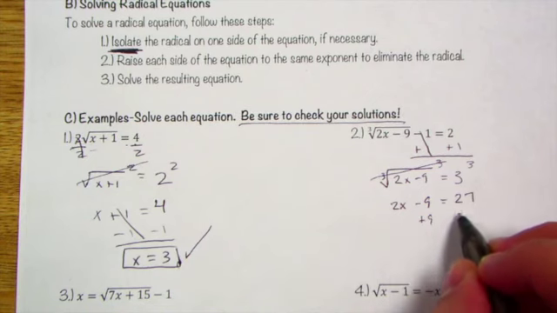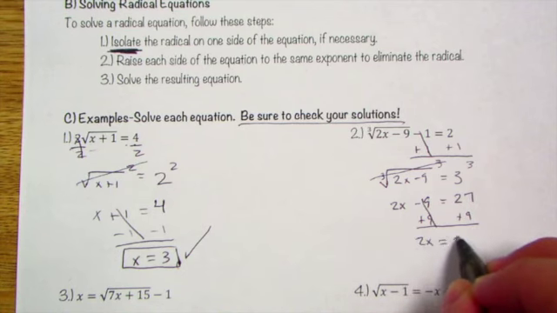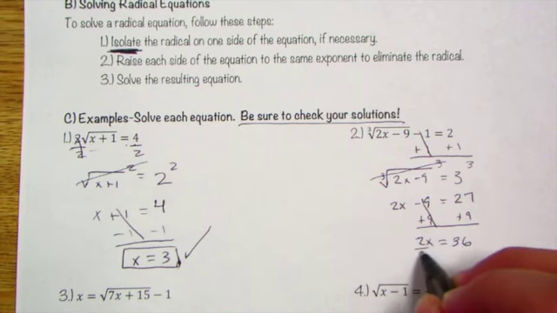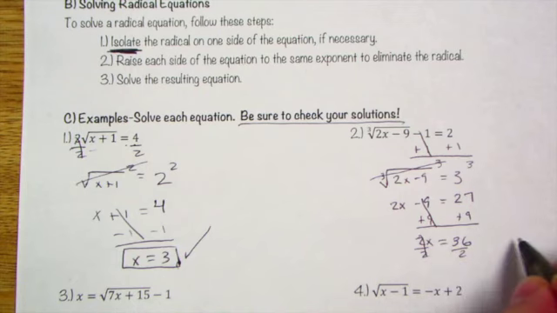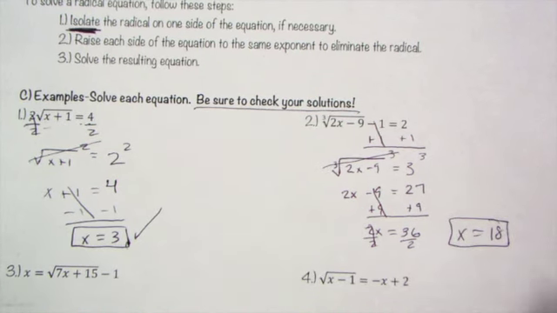Add the 9. 2x equals 36, and divide by 2. X equals 18. Now we're going to verify that that is in fact a correct solution, so we're going to